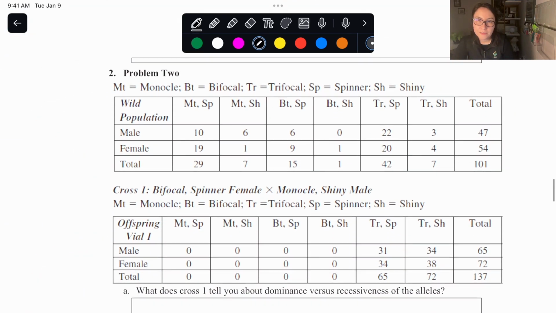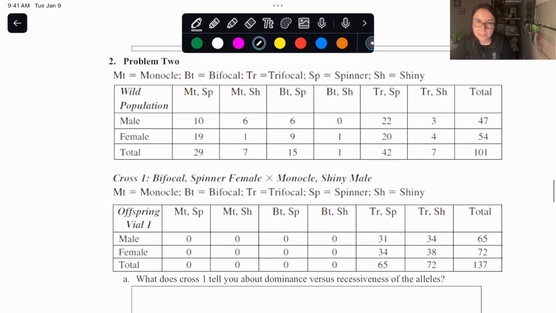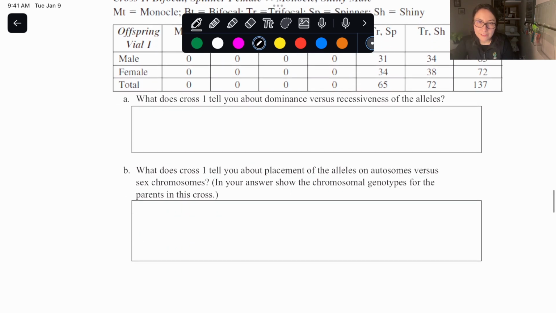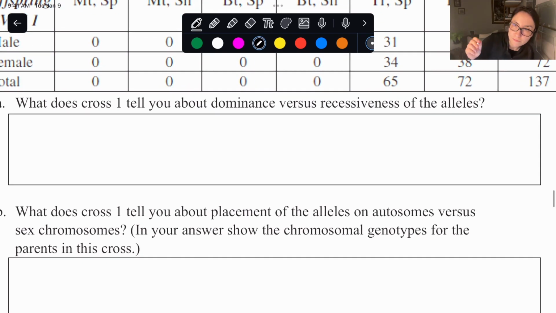2 different tables here that are talking about these different types of phenotypes: bonical, bifocal, trifocal, spinner, shiny, etc., etc. And then it's asking again, what does cross 1 tell you about dominance versus recessiveness of the alleles? And again, zooming in, just to give space to write,